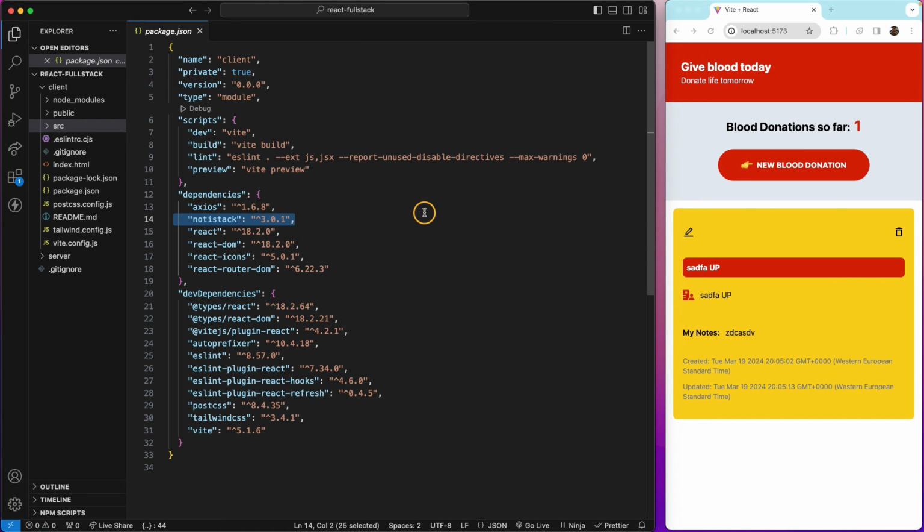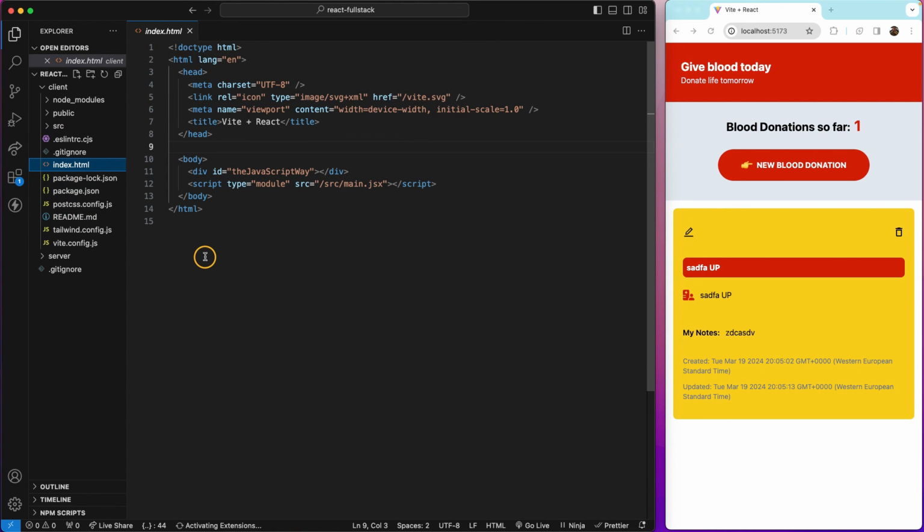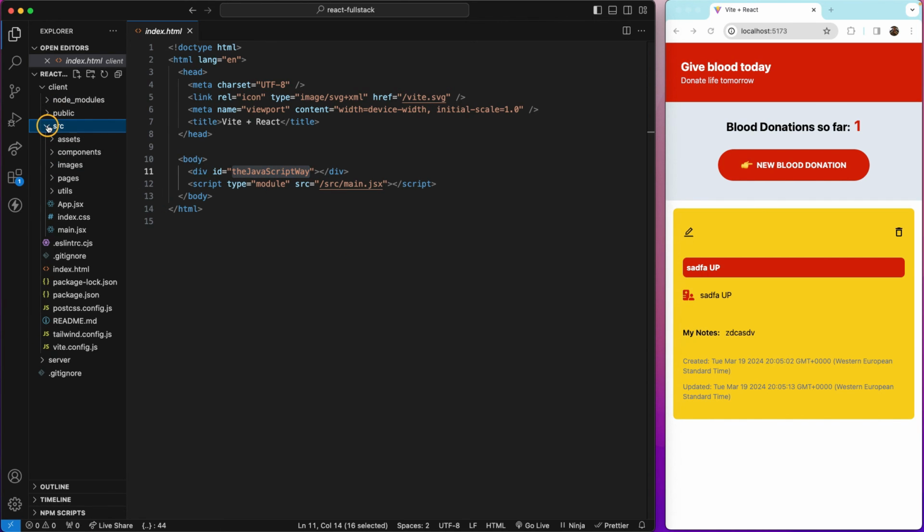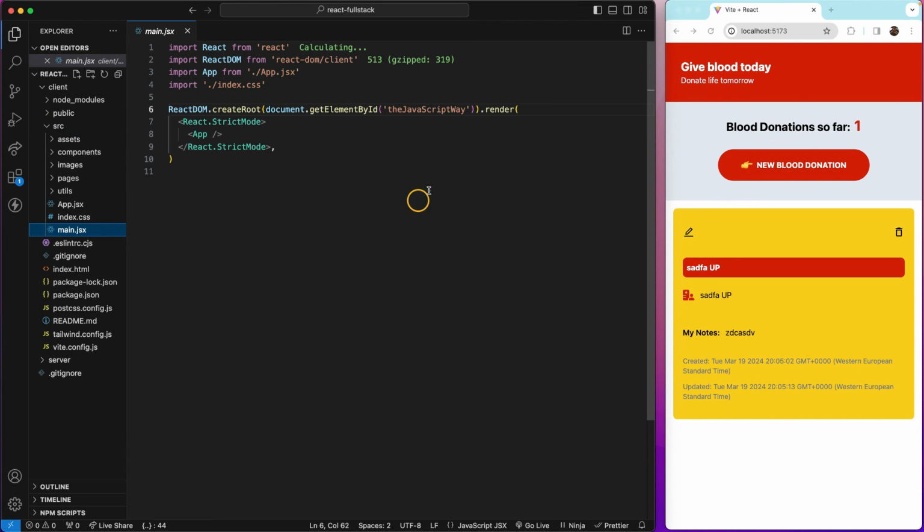Anyways, do you remember when I went to the heart of this application and said, if you change it here, you need to change it there? Way earlier in this tutorial, I changed this ID from root, which comes with the installation, to the JavaScript way. Then I said, for you to change this in here and the app doesn't crash, you need to change it somewhere else. Do you remember what that file was? You might remember or not, doesn't matter. That file was actually the main file, and as the name suggests, it's the main file, because